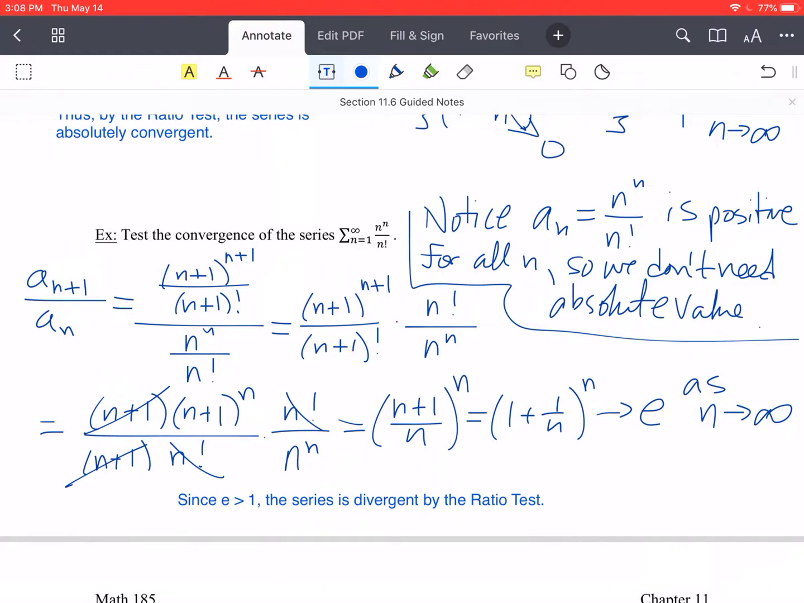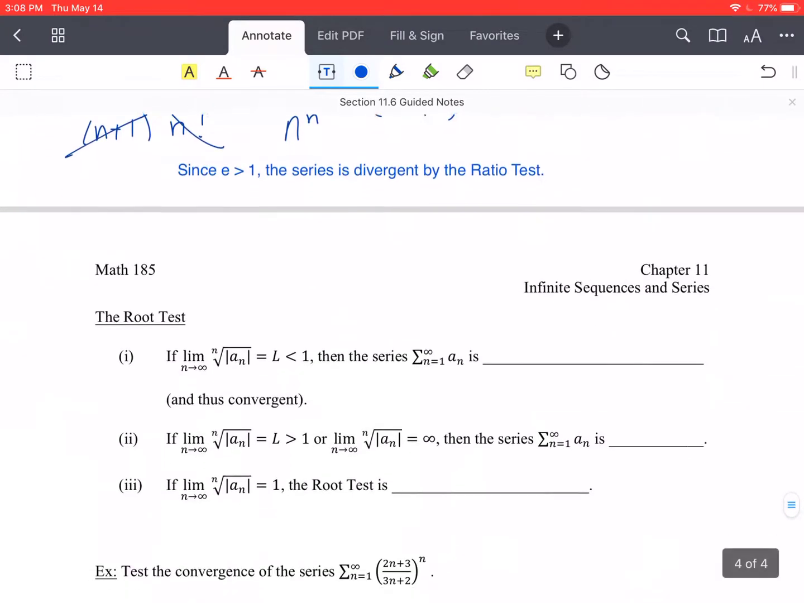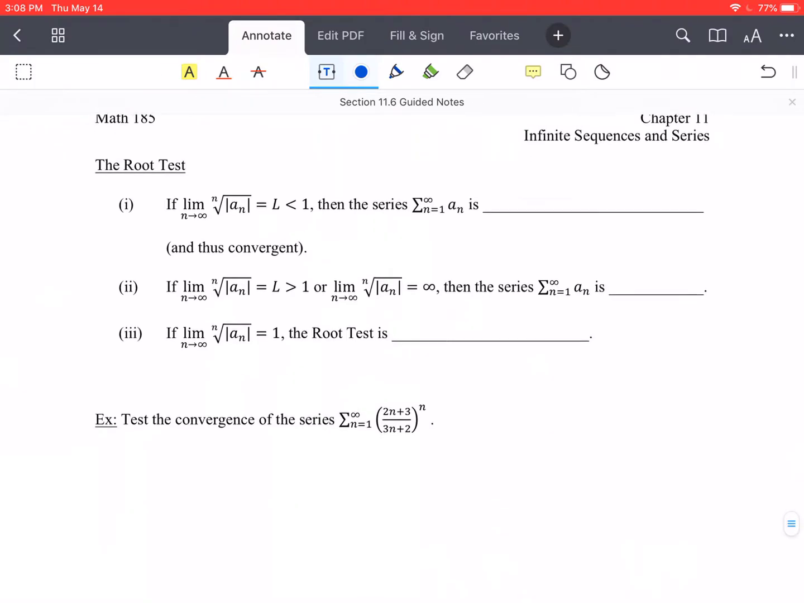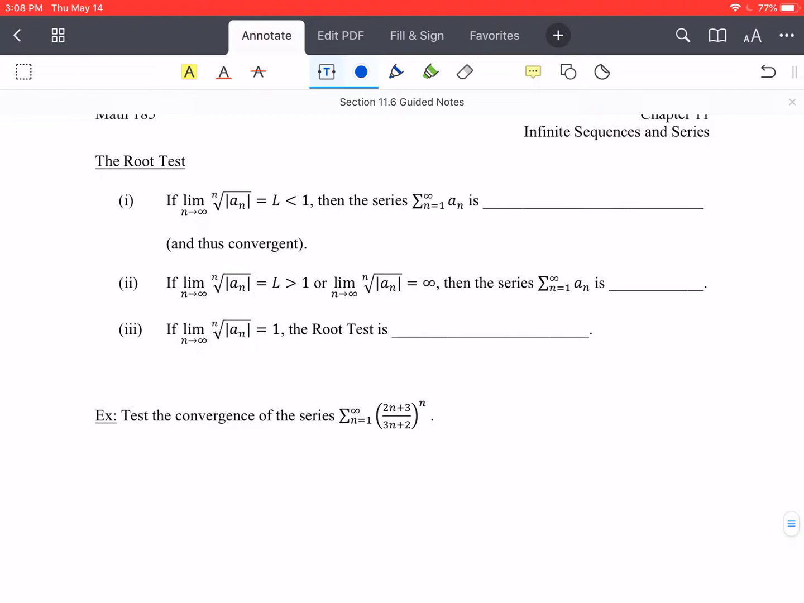Okay, so let's look at the next page here. We have one more test to talk about today, and that is the root test. So the root test is very similarly related to the ratio test, but it's dealing specifically with, of course, roots, with fractional powers. These come in handy a lot when you have a lot of high powers in your series, in your expression. So if we have the limit as n approaches infinity of the nth root of the